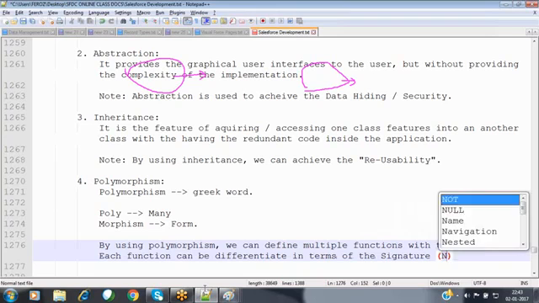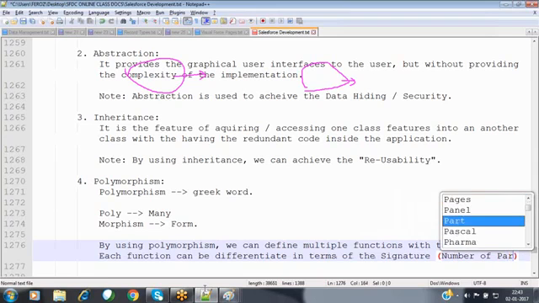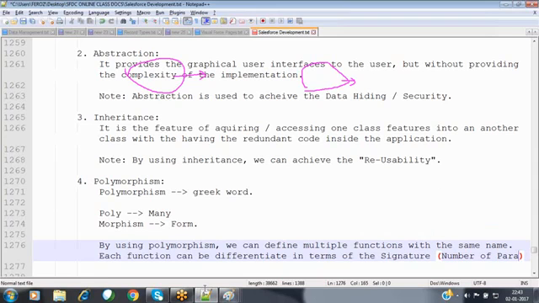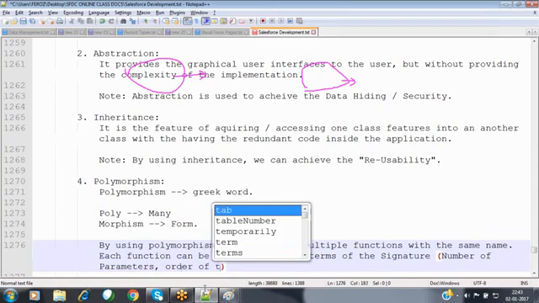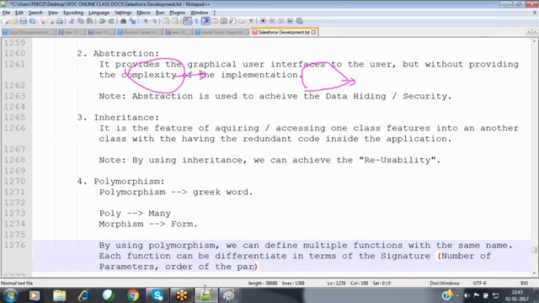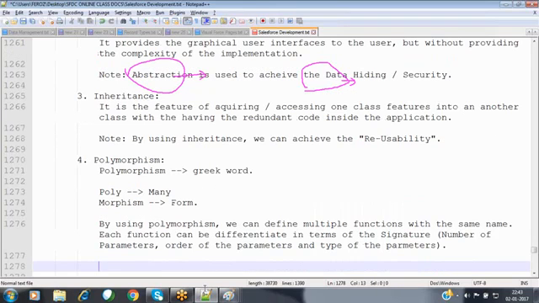Signature means the number of parameters, where parameter means input values, the order of the parameters, and the type of the parameters. This is how we are able to differentiate them.